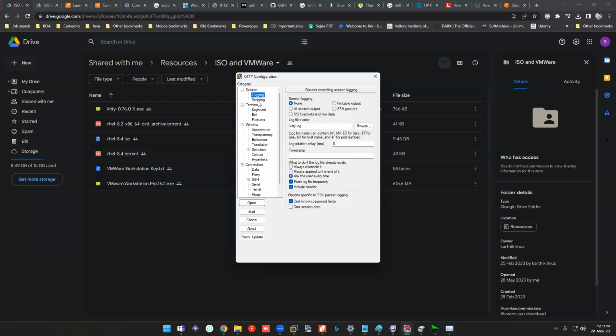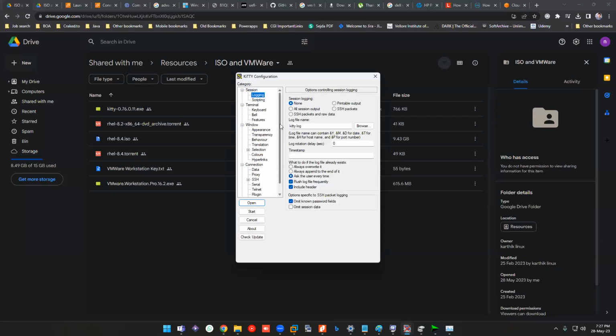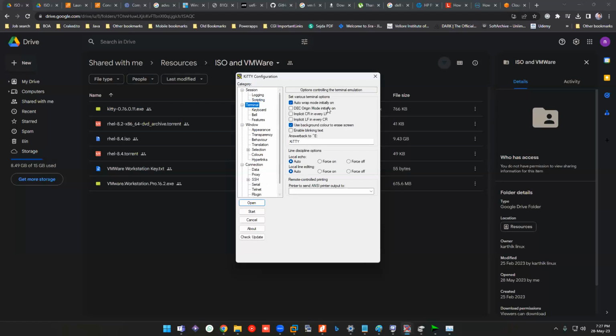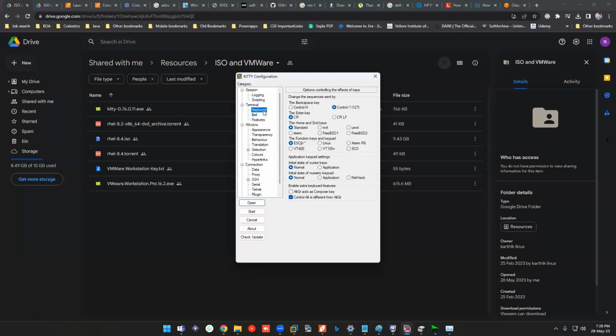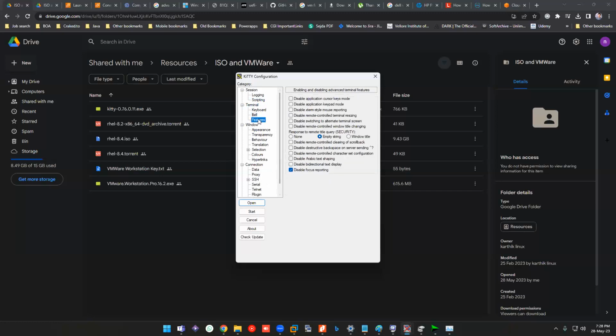I'll be going one by one in this section, and I didn't save it as of now. Just type this name and this host name and come to the next one. If you want to store whatever is happening in your PuTTY session, you can store it as logs. It's your choice. If you want to bootstrap a script that starts along with your machine, you can give it here, or give some other option as well. I will be showing you later. You don't change this at all. And if you don't want that annoying bell sound, remove it by giving none over here.